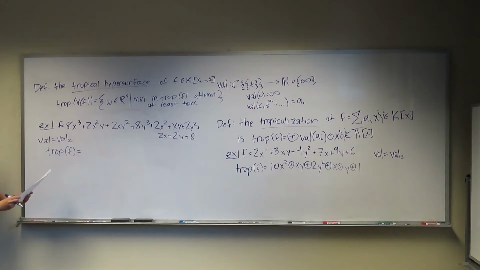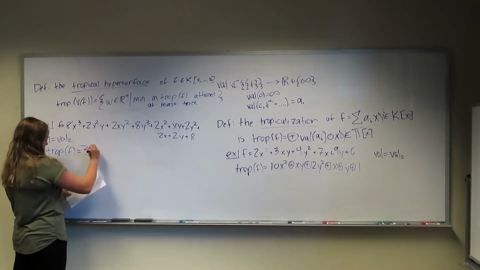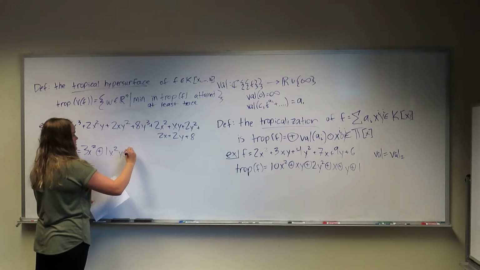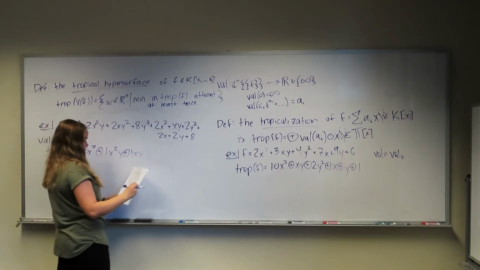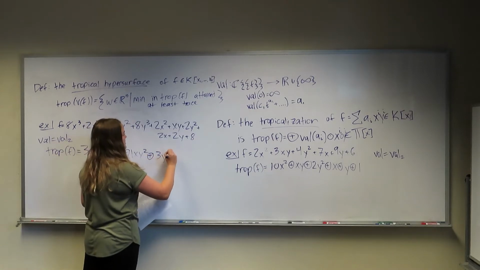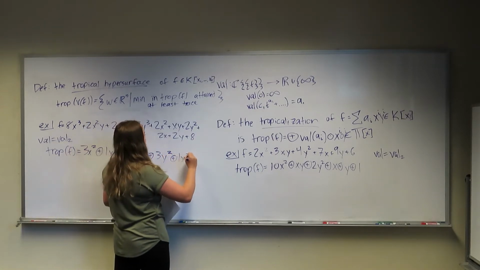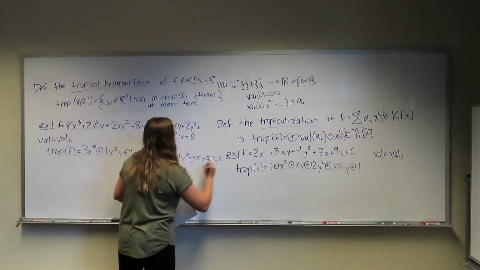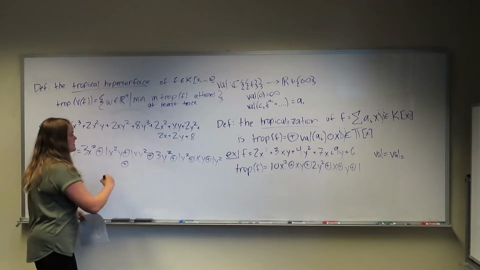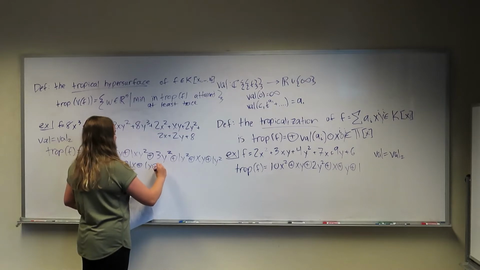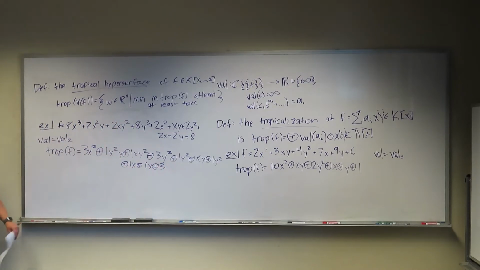Trop of f is 3x squared plus 1x squared y plus 1xy squared plus 3y squared plus 1x squared plus xy plus 1y squared plus 1x plus 1y plus 3. And the tropical hypersurface for this is going to look like